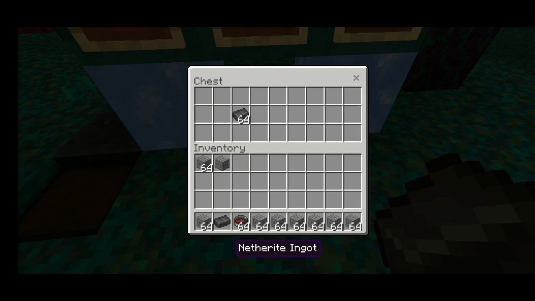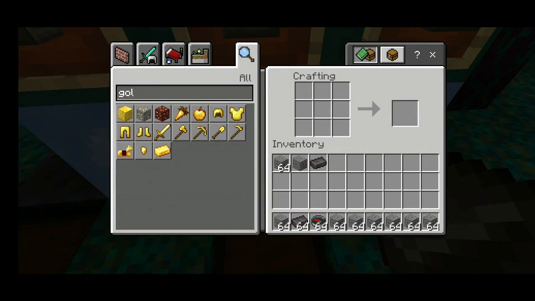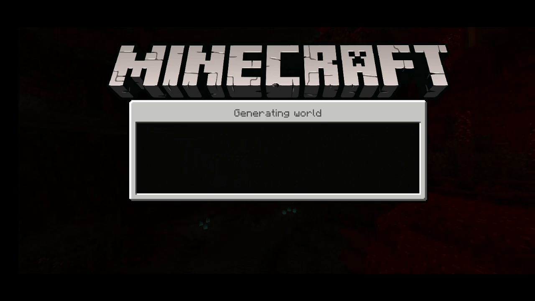So I'll show you the crafting recipe in this world, and then I'll go to one of my other worlds. So you get a netherite ingot and 8 chiseled stone bricks will make 1. And if you place it in the crafting table like that, that would work. So if I just leave this world quickly,